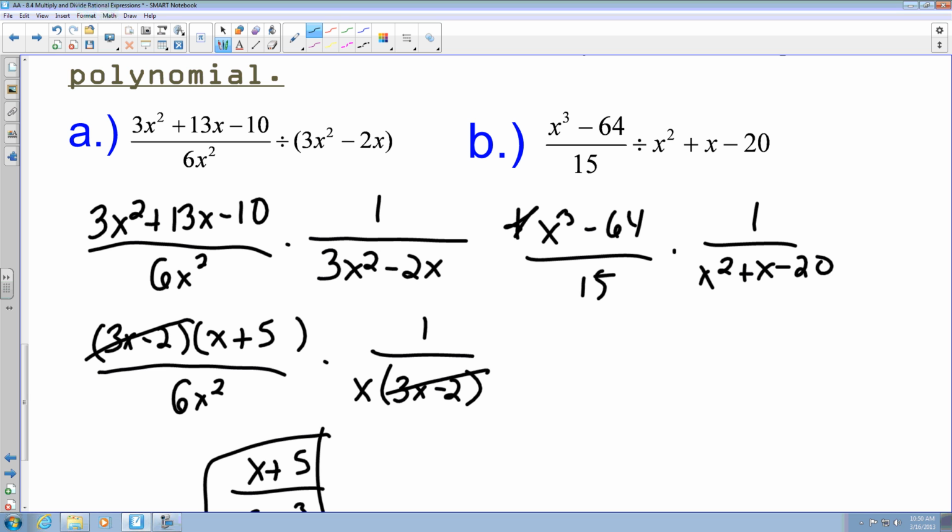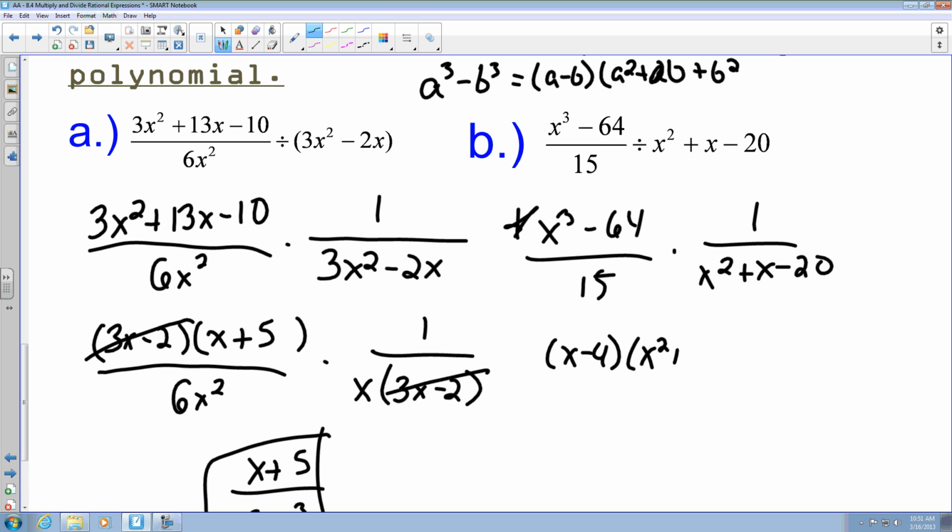So this one here looks like the difference of two cubes. And if we remember, we got a cubed minus b cubed ends up equaling a minus b times the quantity a squared plus ab plus b squared. So this can be written as x minus 4, because 4 cubed gives me 64, multiplied by, this would be x squared plus 4x plus 16